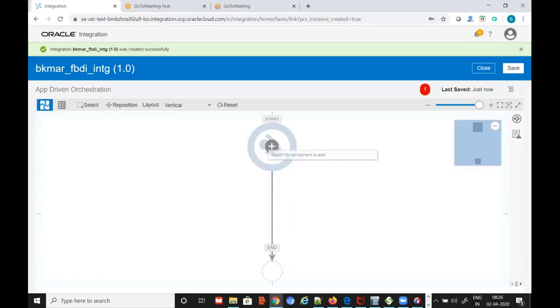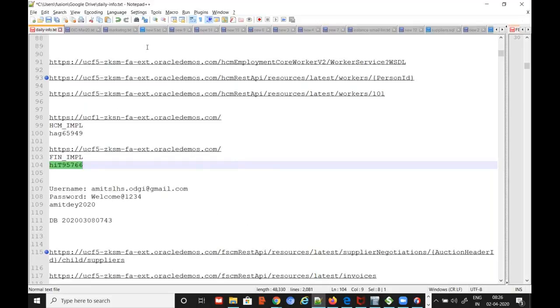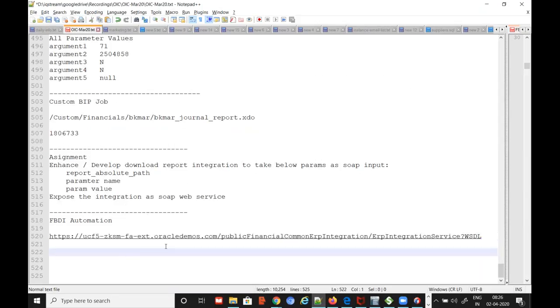Create. So what is the first step? I'll also put those steps here. So the first step is my integration is read